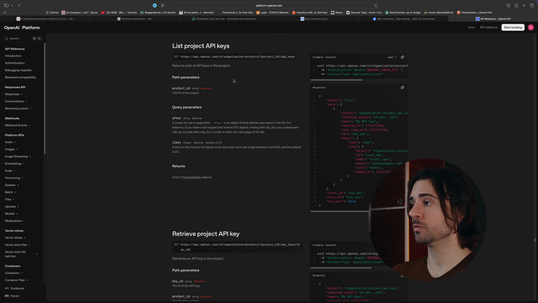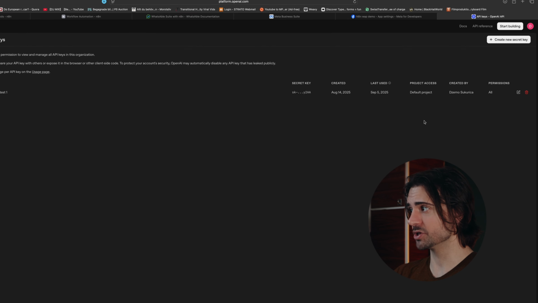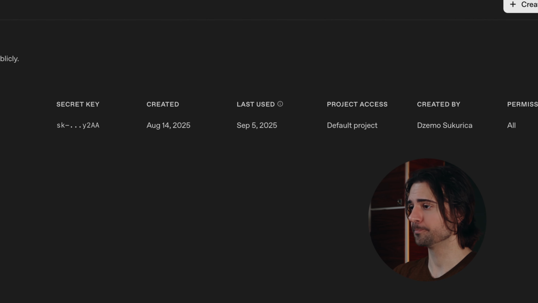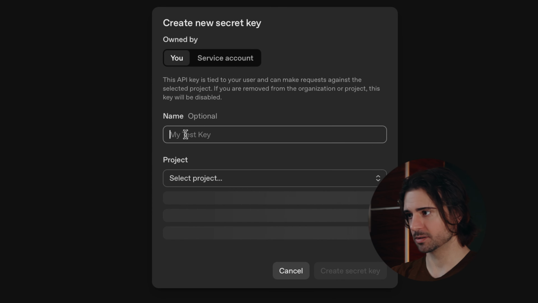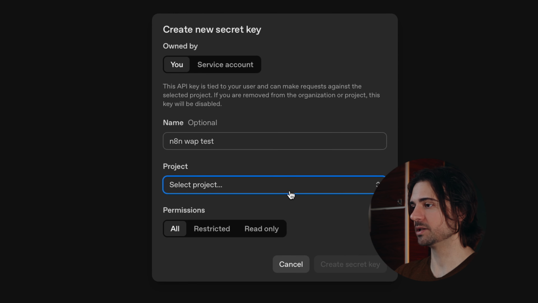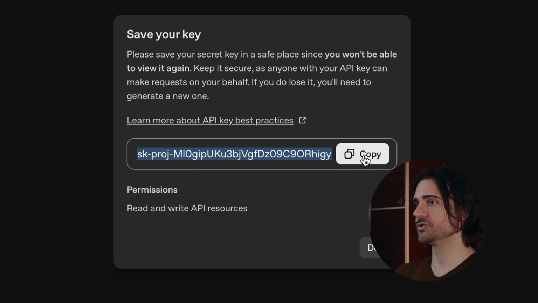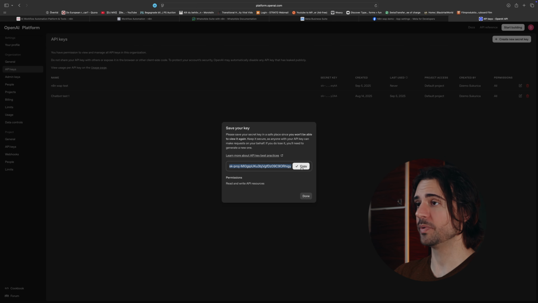Now, in here, what we would want to do right now is to create a new secret key. So we're gonna just press the secret key button here. We're gonna name it something. In my case, n8n WAP demo or test. On the project, we're gonna just leave it on default project, and we're gonna click create new key. We're gonna copy this key, and we're gonna head back to n8n, and we're gonna paste our key